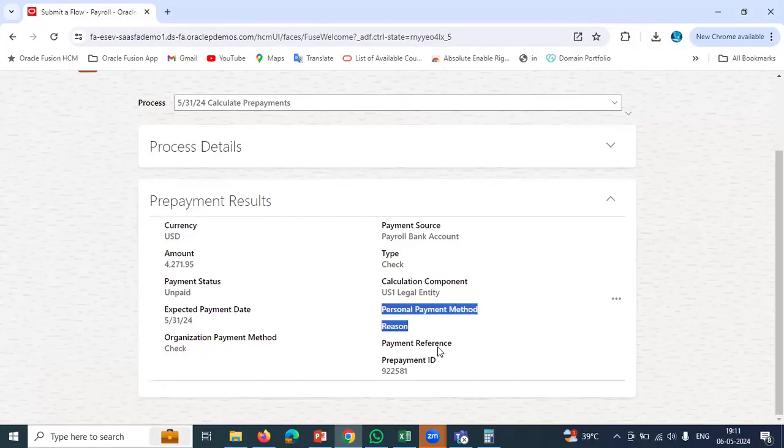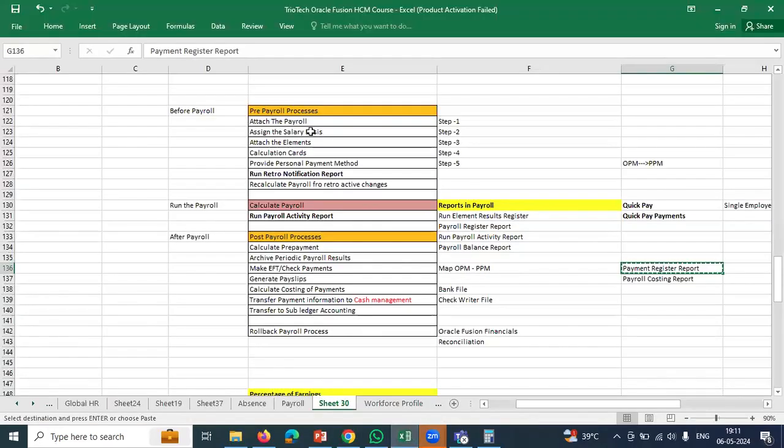And by the way, team, I want to tell you one more thing. Whenever we are adding the personal payment method, I told you, let's suppose, team, in this month of May, I have some new joinees, freshers joining the organization. They don't have any salary account so far. When onboarding happened, the company only called over the bank representative and they're creating the salary accounts, team. By the time when